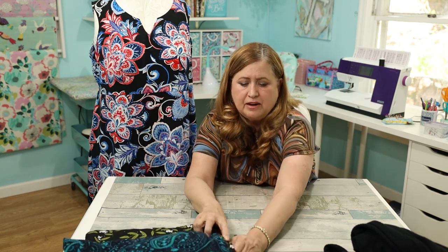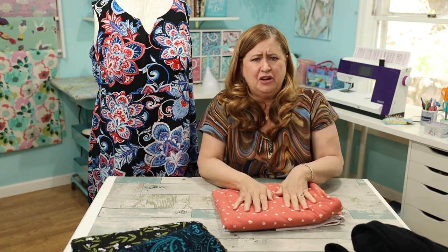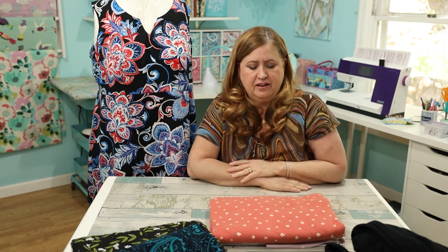So, like, I'm ready to cut out this dress. Like right now. I want to cut this dress out. So that's next up. I really want to get that to her and just get that started because